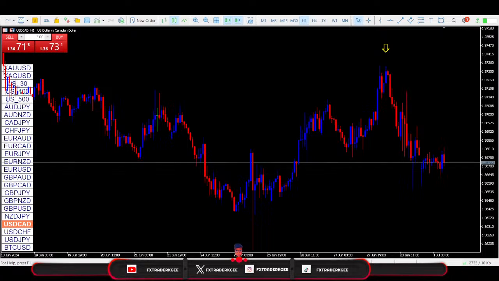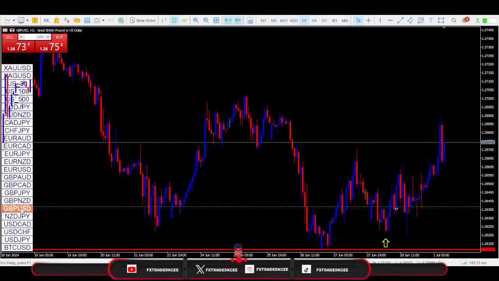Nothing much to think about over this currency pair, and that is also what I am going to do. So I have GBP Australian dollar, and then I also have USD CAD. For GBP Australian dollar, the focus is to buy, while for USD CAD, the focus is to sell. And then let's go back to the